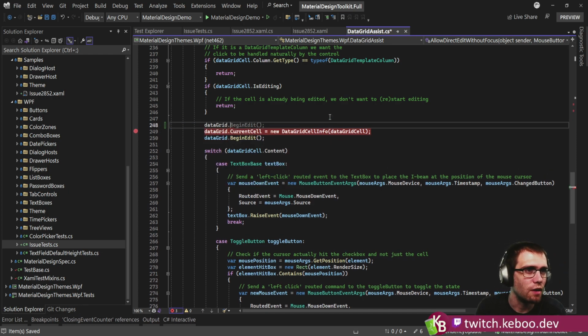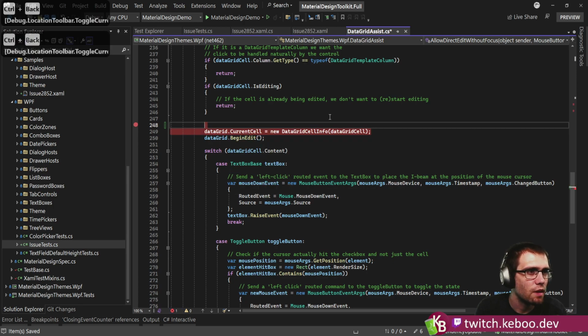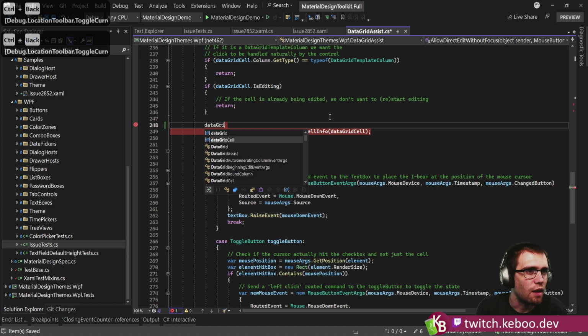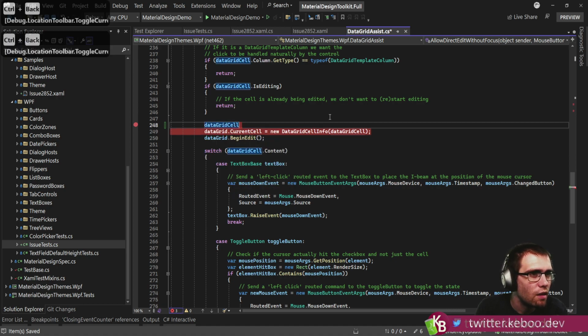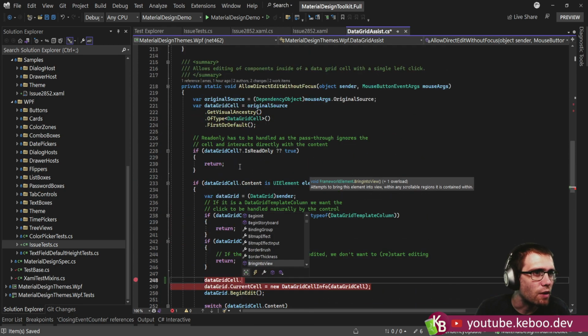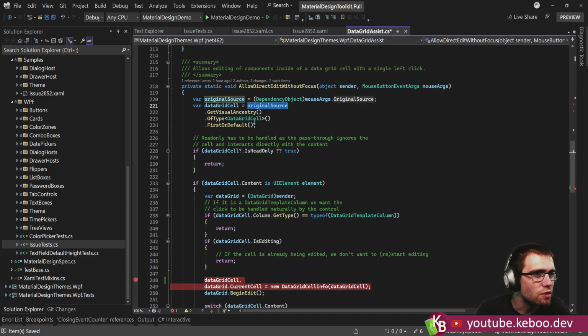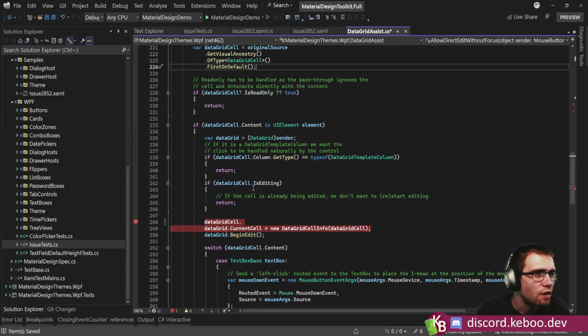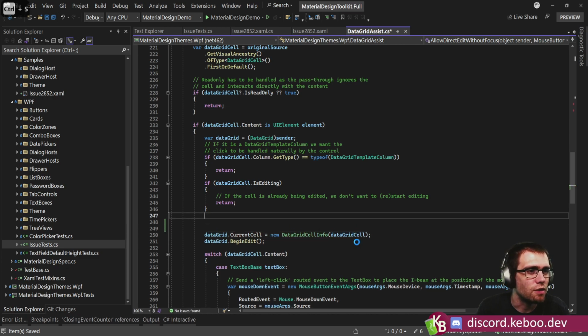Like, I'm kind of wondering, data grid cell. Because we really kind of want to not handle this for any cells that aren't ours, right? So the original source data grid cell, I almost want to do a check right here and just go